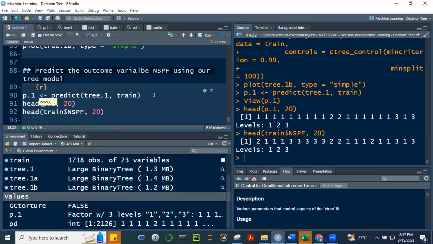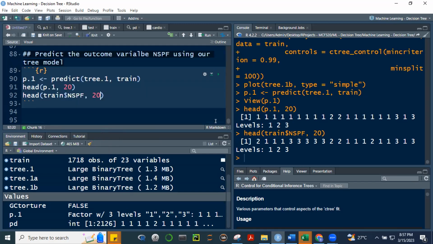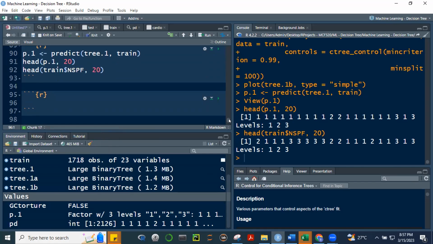So 20 observations side by side na comparison kung sino yung tama at saka mali, no? But of course, since 1,700 plus yan, dapat mas maganda makita natin yung buo.